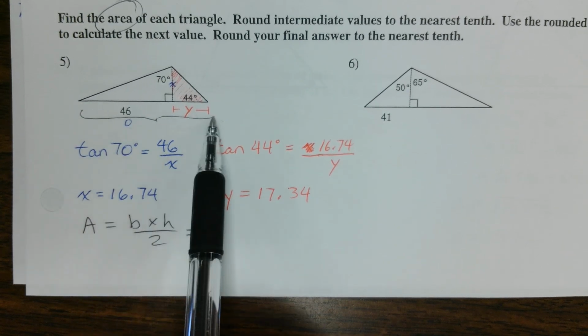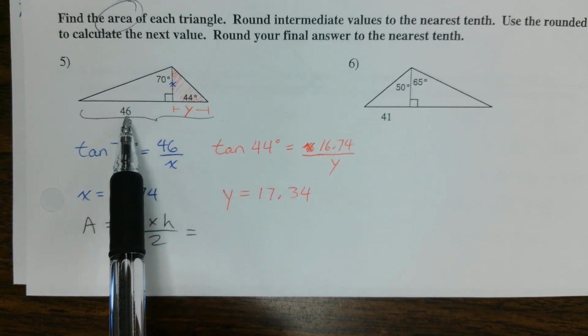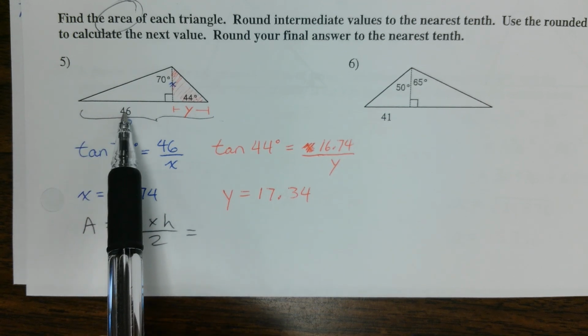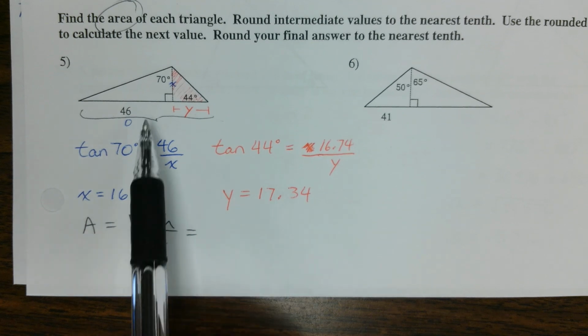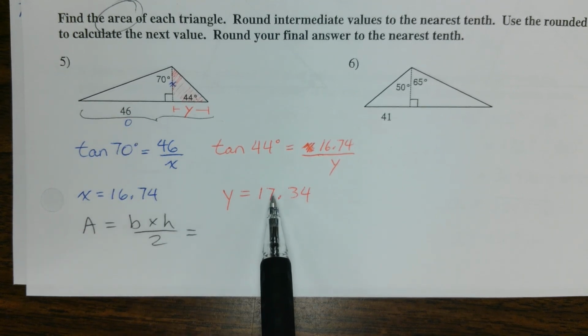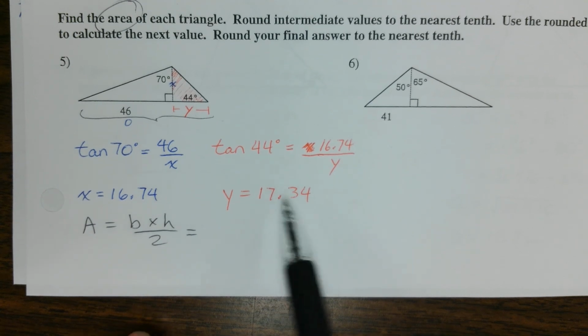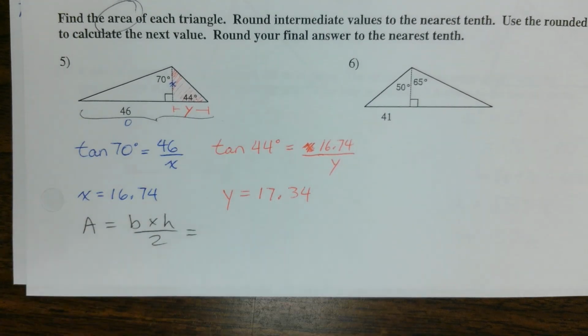Yeah, Paul? Okay, how did you get that? 46 plus the 17.34, right? Okay, that's why we had to figure this out in the first place. So 46 plus 17.34, you get